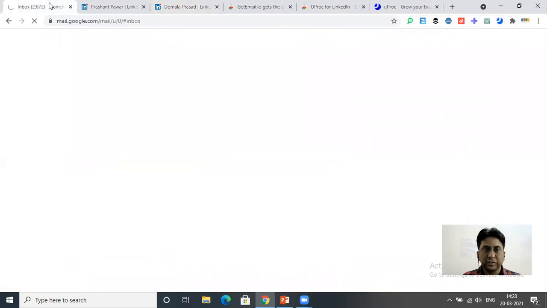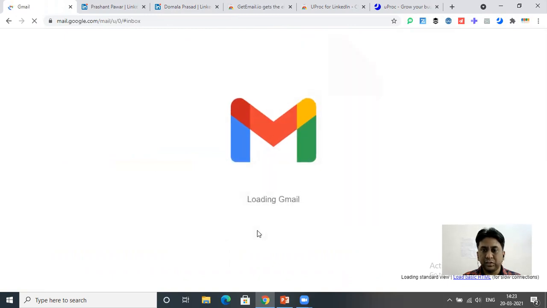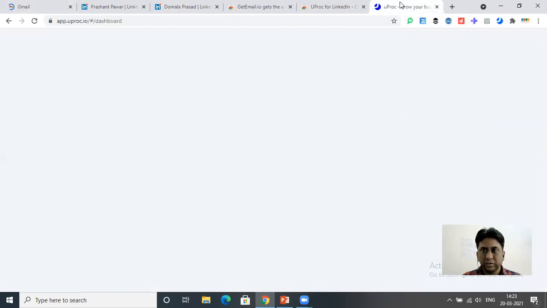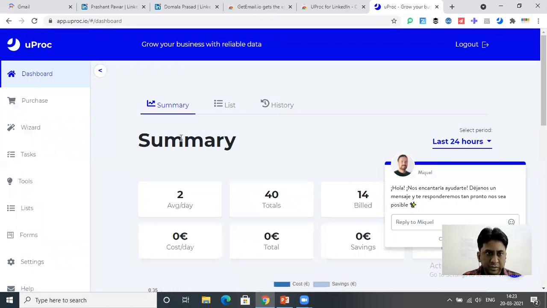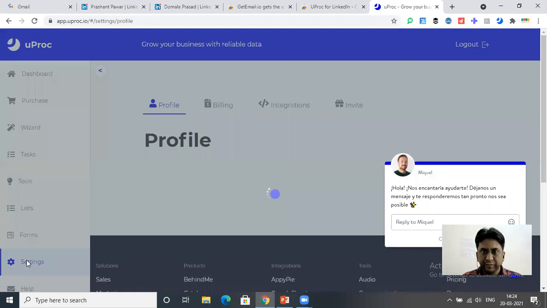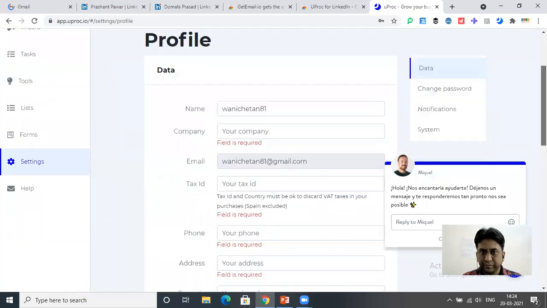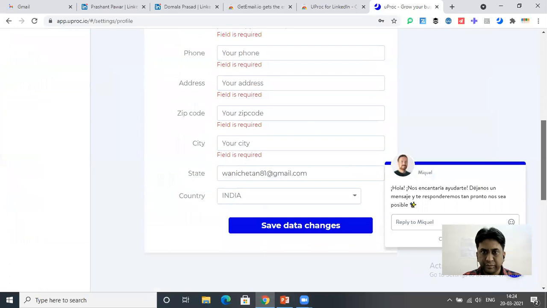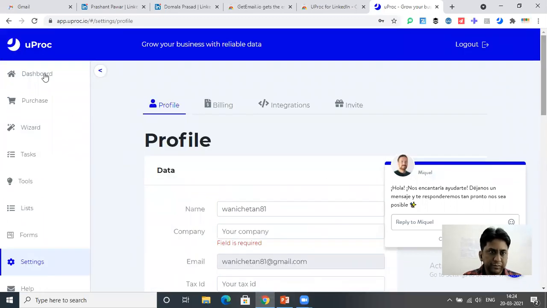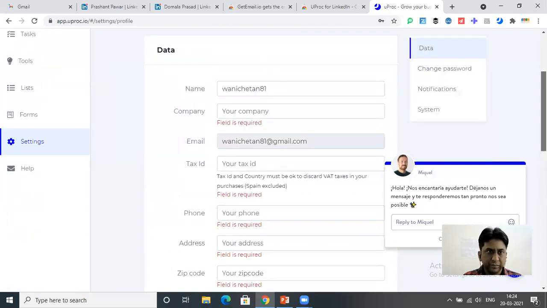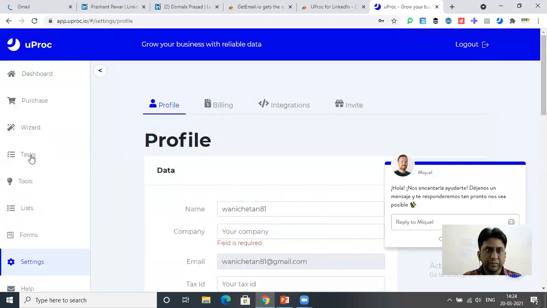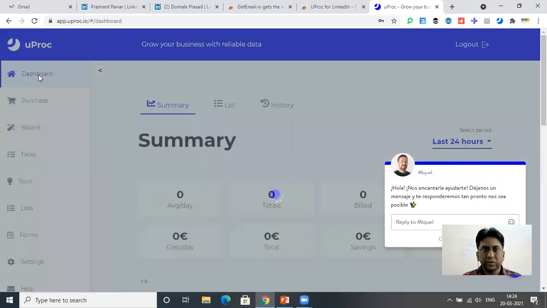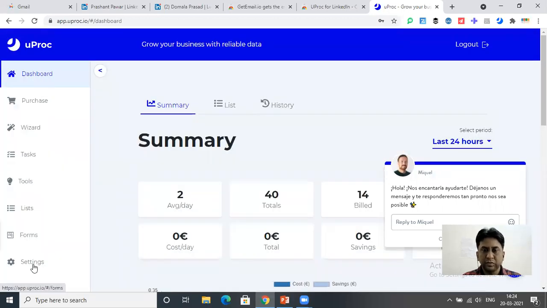Let me check if I have received any API key from them. I think it is here itself in settings.